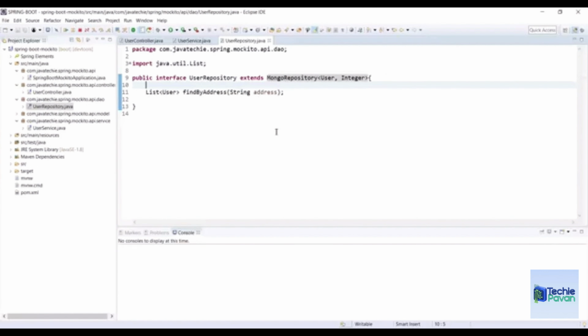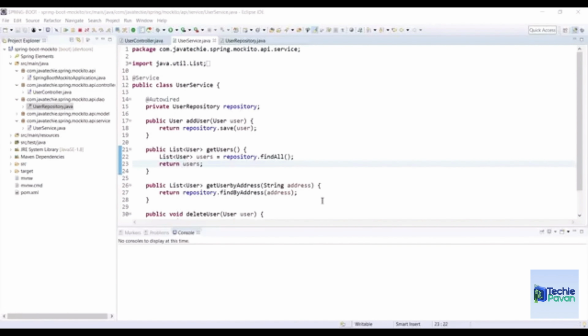In this example, we'll write test cases for our user service and mock the data from our repository. This means we won't need to interact with the actual database. Instead of retrieving real data from the DB, we'll mock the data and return it to our service. All right. Let's start writing the test cases now. But before we begin,